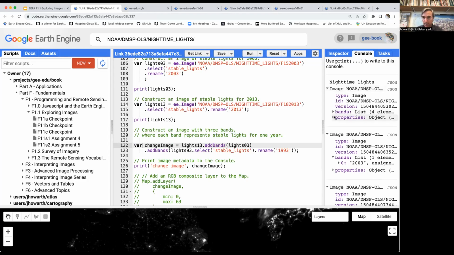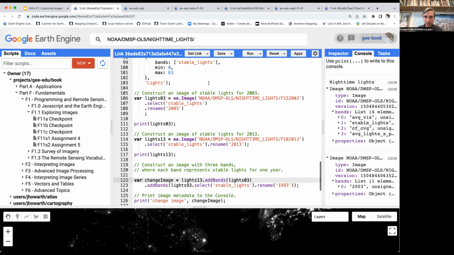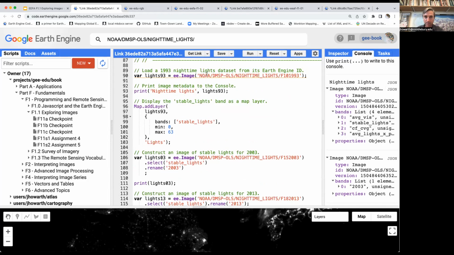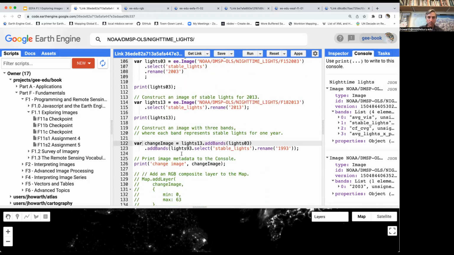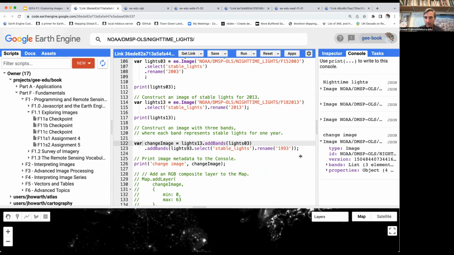Because remember, here we have 4 bands still in this image that we constructed at the start, right? And so what we're asking it to do all at once is create a new image that is going to grab just that stable lights band from 93 and then rename it 93 and then stick it with these other 2. And so when we print our change image down here, what you should see is that we now have